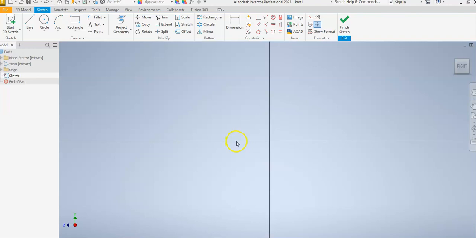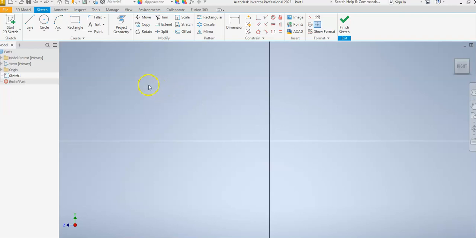In this tutorial, we're going to be going over how to add text. So the first thing that you need to do is determine how big you want the text to be. Unfortunately, you can't add dimensions to text, so what you have to do is kind of give yourself a boundary box first. So let's say in the future I'm designing my keychain and I want to put my last name